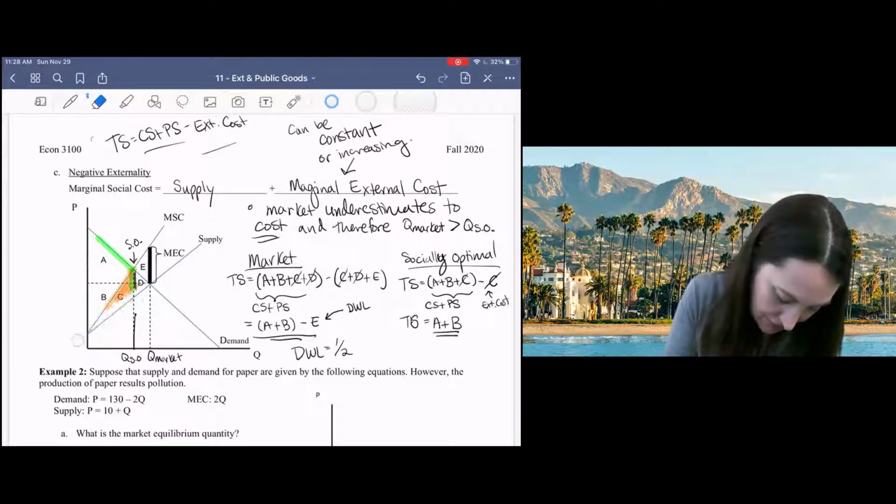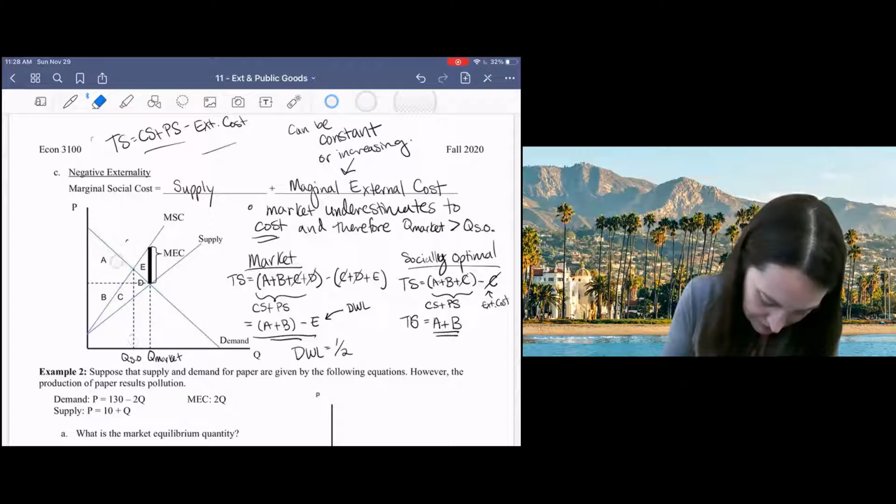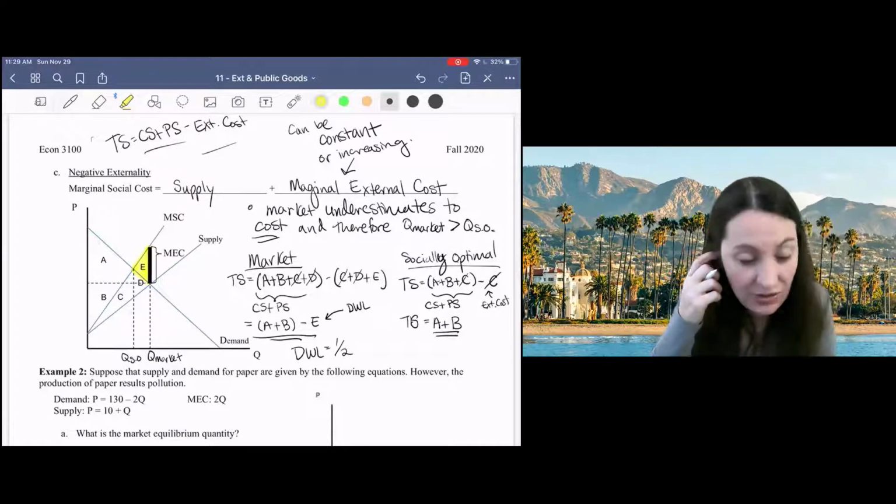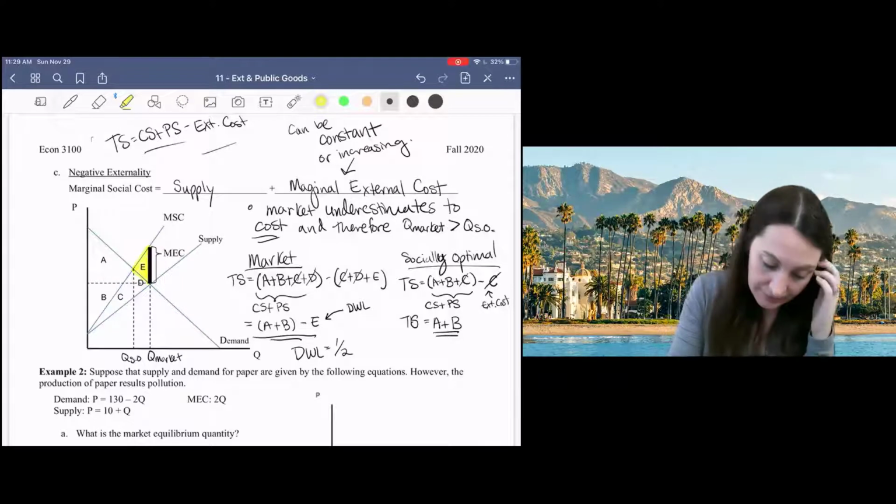And this is what I want you to write down, okay? So our deadweight loss is equal to this triangle, E,